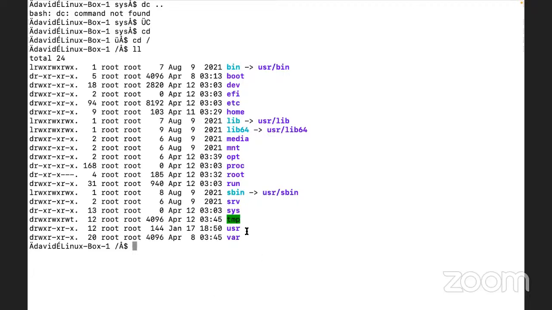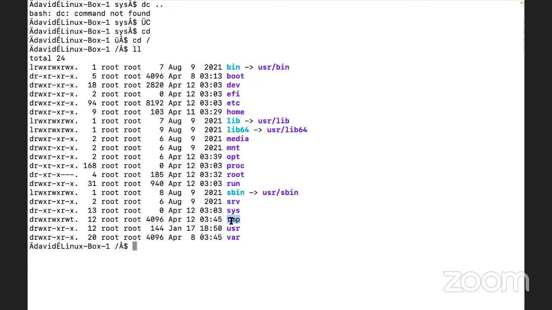First of all, /tmp. So guys, if you can recall, we have been utilizing /tmp for multiple practicals. Whenever we want to perform any practical or create any file, by default we prefer to create it in /tmp, because this is known as the temporary location of files. For example, if you want to keep a file for some time, you can keep the files here inside /tmp.